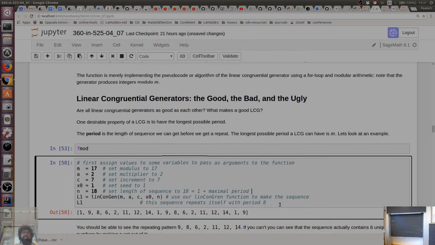Okay, so let's play with this first. The linear congruential generators can be good, bad, or ugly, right? All linear congruential generators are not equally good. Some are really bad for generating pseudo-random numbers. Maybe one of the most desirable properties of a linear congruential generator is to have the longest possible period,